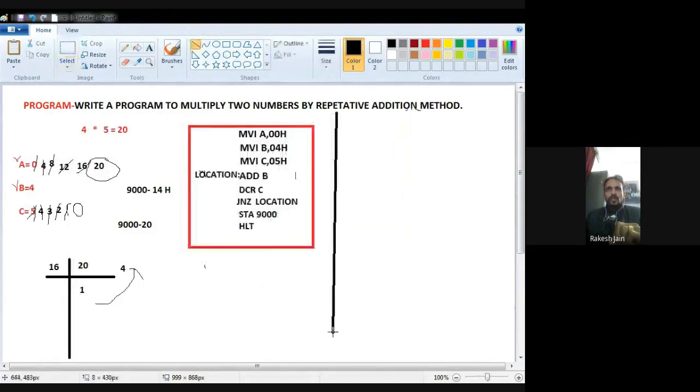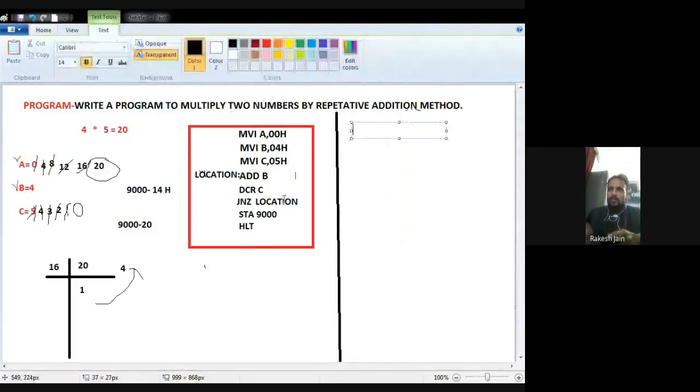But how do we do this programming in the microprocessor? First, let me begin. I have to load the hexadecimal value of MVI A. What is the hexadecimal value of MVI A? We just see from the hex code table. From the hex code table we know that MVI A means 3E. I just check it, it is in front of me. So I write down 3E as the hex code for MVI A.